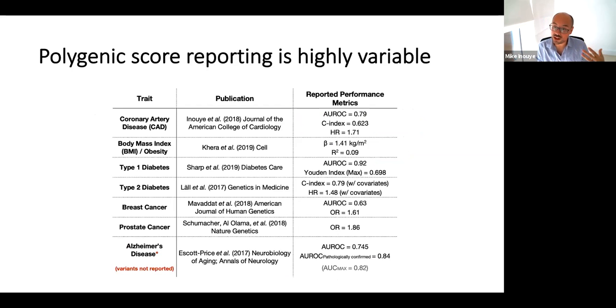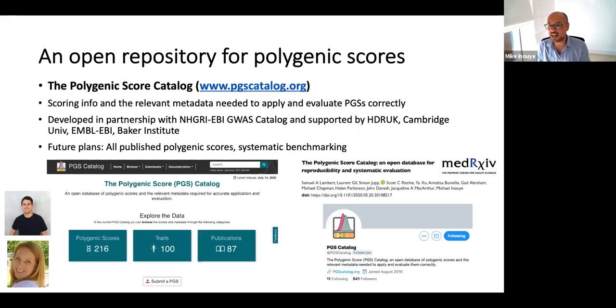So the other thing that really struck us was that people, at the time it was actually more like half, weren't really sharing their polygenic scores either. So you couldn't actually take a published polygenic score and try and reproduce it or test it in your own data. And we thought that this was a problem, right? So people were kind of hoarding their polygenic scores, not reporting them, and the reporting metrics were just all over the place. So we started this thing called the Polygenic Score Catalog,